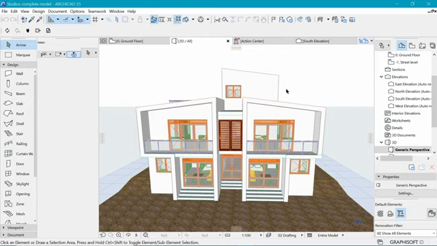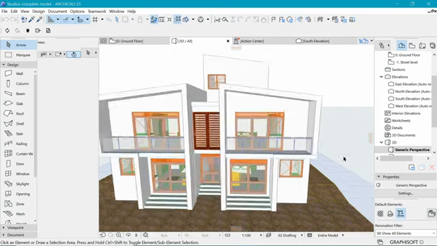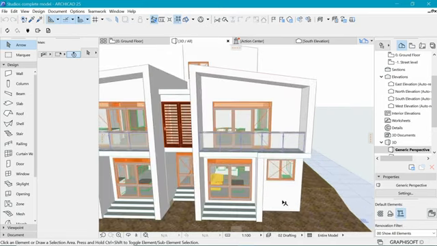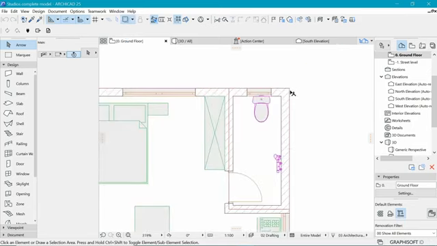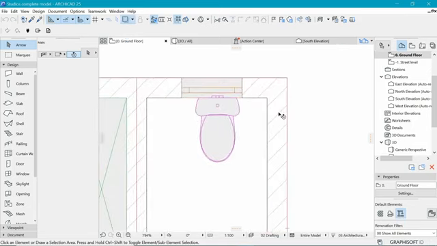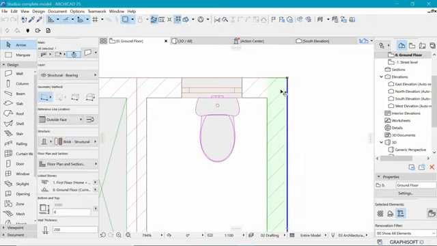All right, welcome back. So today we're going to look at how to document this in terms of 2D technical drawings. So looking at these walls, they are going to have a plaster finish, which is likely going to be this white color. So let's go here in the ground floor and make sure that that's what is happening. So if you look at our walls, you can see that we just have a cross hatch, which indicates that